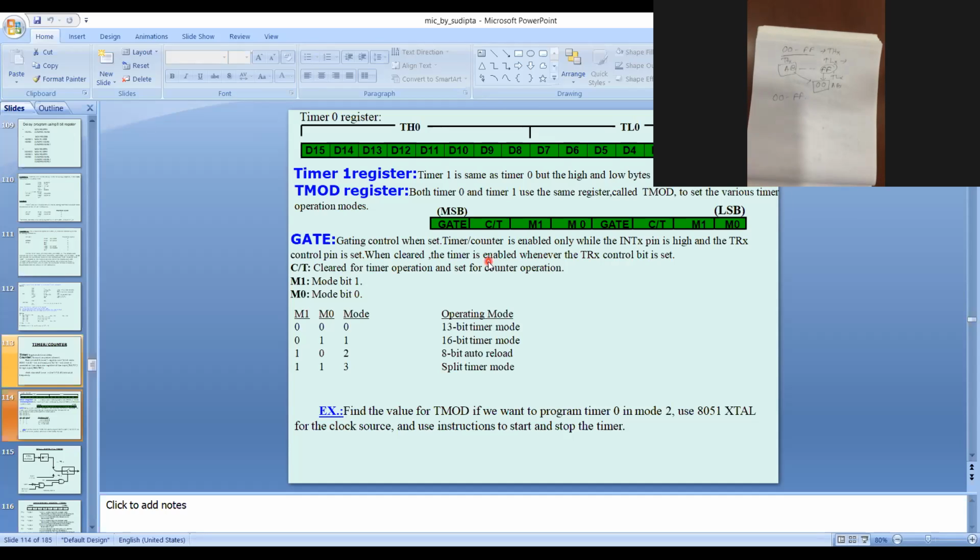Here, TH0 is used for timer 1 and TL0 is used for timer 0.